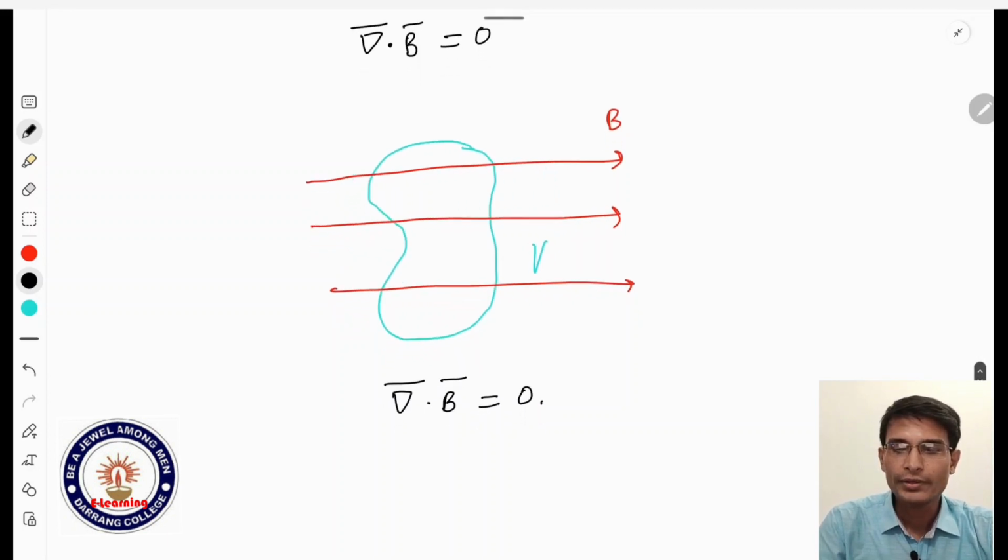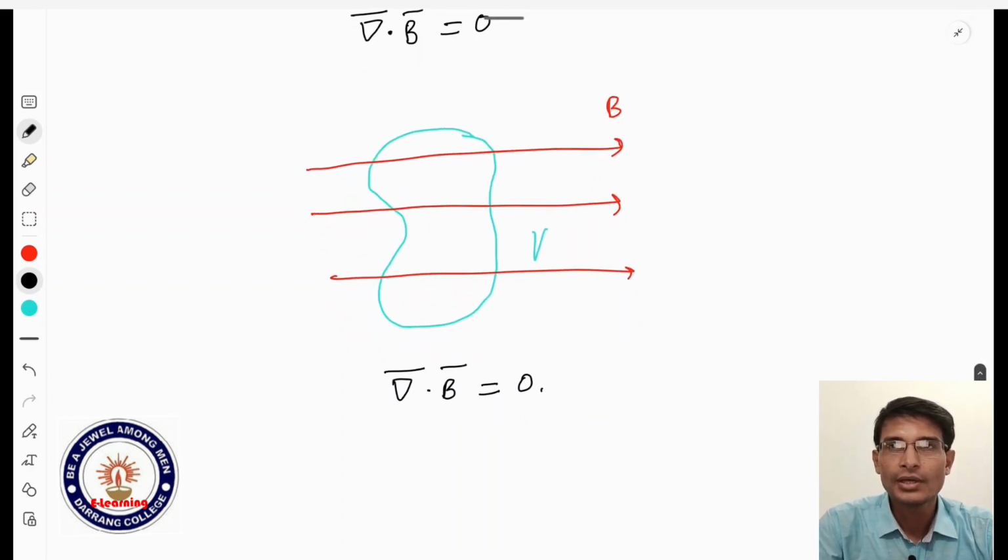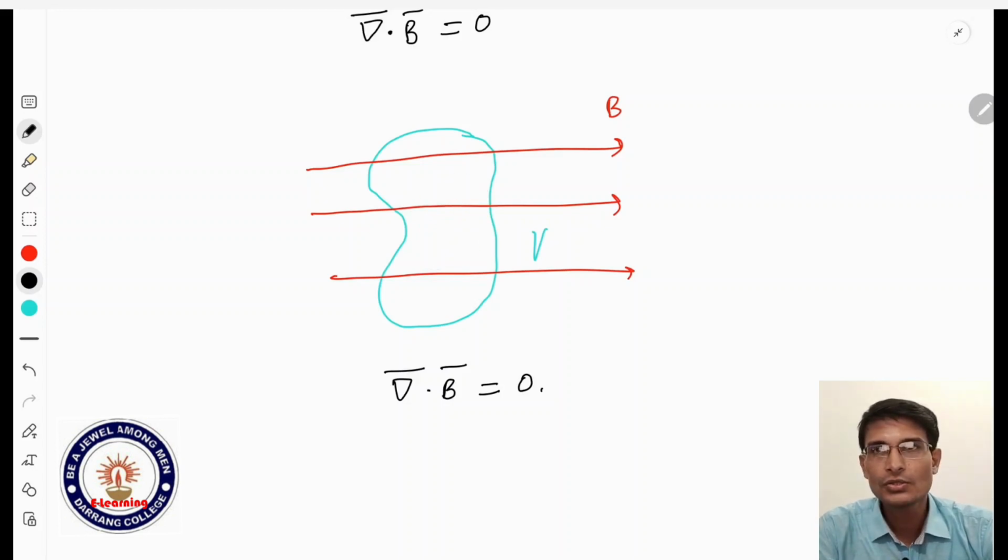The case when the divergence of magnetic field is not equal to 0 can only be written if there is a source of magnetic lines of force inside this volume, or a sink of magnetic lines of force within this volume. But the thing is, we cannot have any sources or sinks of magnetic lines of force. Like we can have for electric charges, where electric lines of force come out of a positive charge and terminate at a negative charge. But such things do not happen in case of